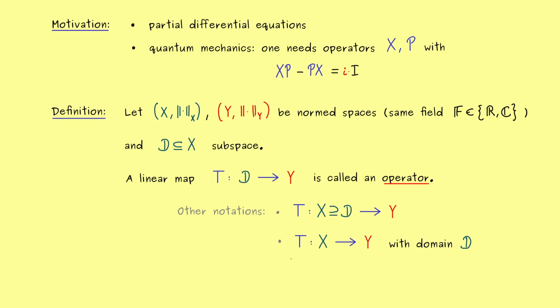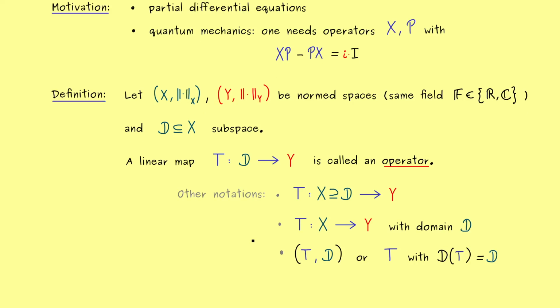So you can recognize with this that some people see an operator as a pair of two things. First, they say they have an action defined by T and then a restriction to a domain D. So this keeps it very short, but you also often see that in some books. Or similarly, instead of a pair, one writes T with domain D. But instead of the word domain, one also often uses D of T. Okay, maybe that's good enough for the different notations you could stumble upon, but let's go back to the actual